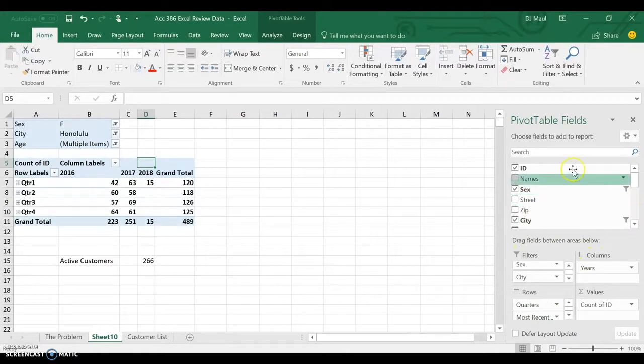Putting in each of the different fields, names, streets, zip codes. We could put zip codes here, instead of cities, or we can do men and women instead of just women. This is just a small example of how powerful pivot tables can be in helping us